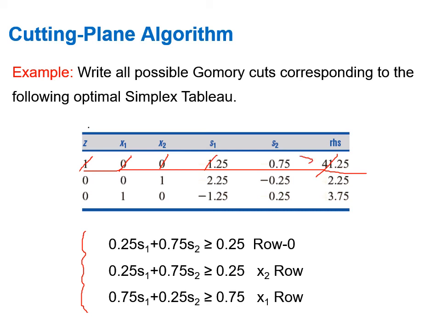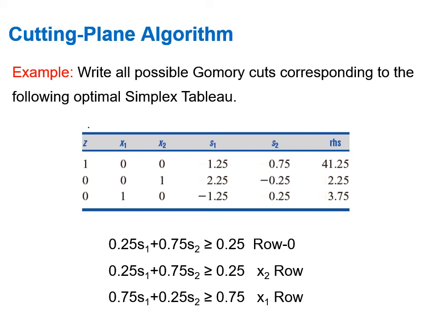So for the sign we put greater than or equal to. So 0.25 S1 plus 0.75 S2 greater than or equal to 0.25. As I said, while implementing this into the tableau, we will multiply it by -1 so that this sign will become less than or equal to. Okay, for the second